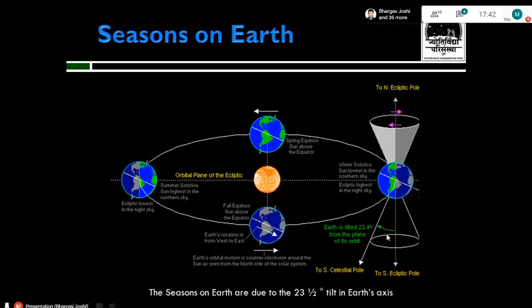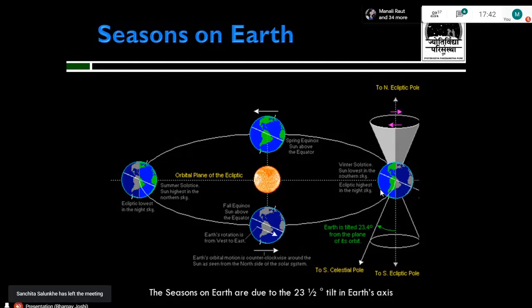Now what happens is, this point where the northern hemisphere of the earth is tilted away from the sun. At this point, there is winter in the north, and naturally there should be summer in the south, because the earth is tilted in such a way that the north faces away from the sun. So this point where the winter occurs in the north is called winter solstice. Okay, start of winter in the north, and this starts on 21st or between 21st to 23rd of December. Okay, so this is the first point.